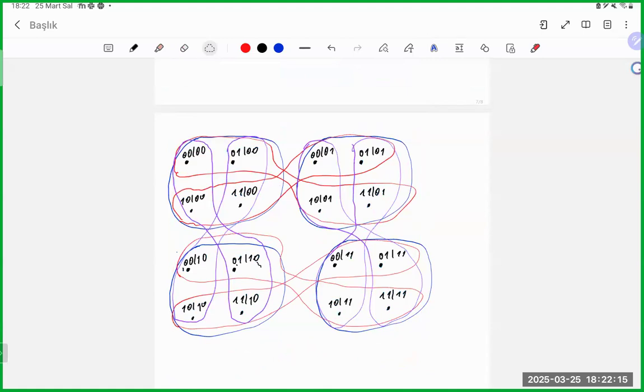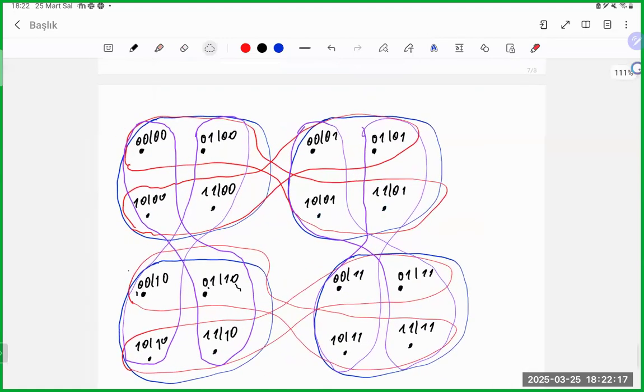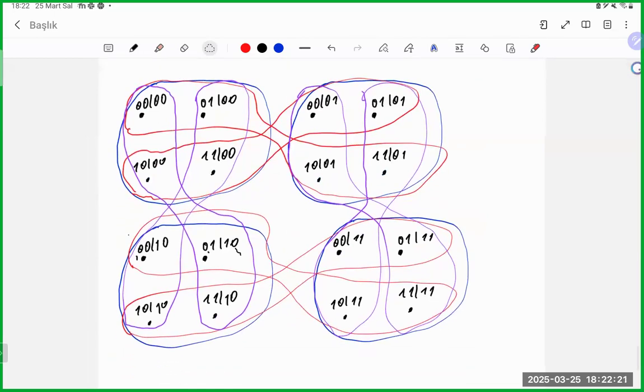Okay, so we can see that those are the result of the total product, and we can see this